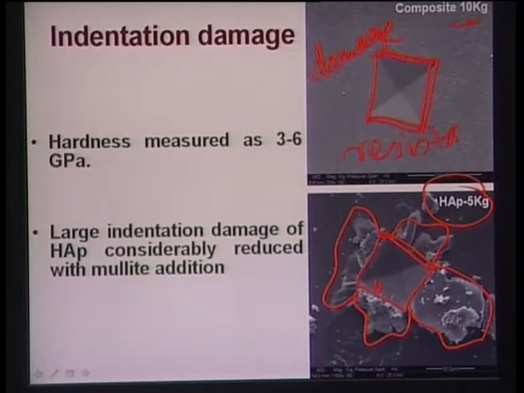Clear? The second thing that you notice is that there are also some cracks forming, which is not that clear, but I can see on the image very closely that there are certain cracks propagating from these Vickers indent corners, and based on this crack length you can essentially measure the fracture toughness. I will show you later.